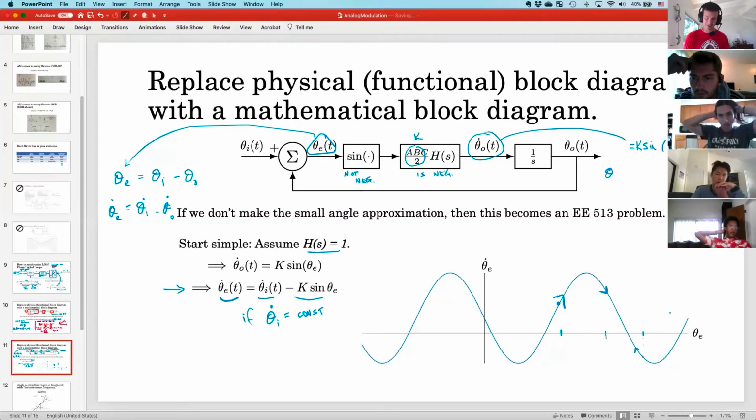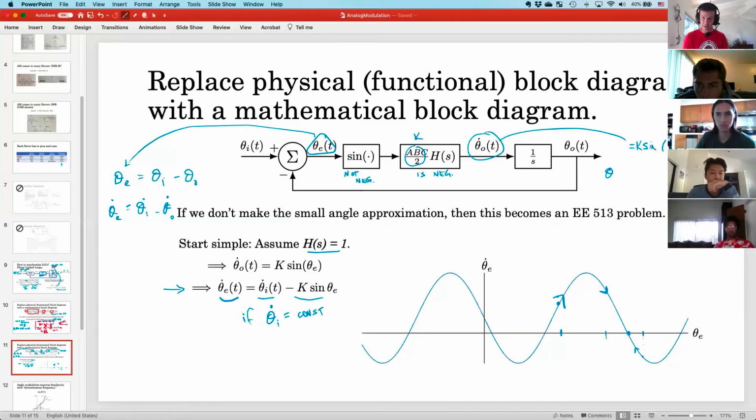Okay, so this is fundamental to nonlinear control, but it is hard to grasp the first time you see it. And that is, if I have a function of the change of a variable in terms of the variable, then I get to know where that variable will go at any given time, what direction it'll be pushed. So this tells me if I'm right here at that intersection point,